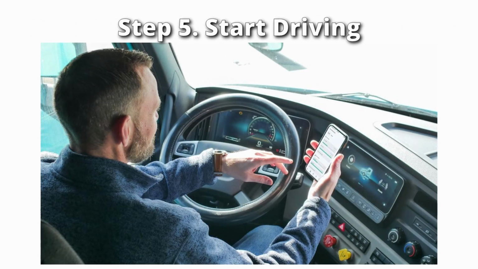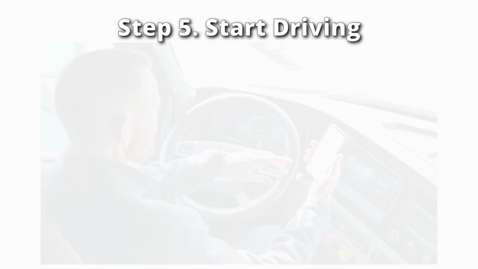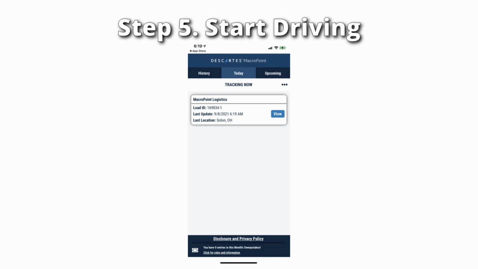Step 5. Start driving. After tracking starts, keep your phone powered on, leave location services enabled, and keep the MacroPoint app installed during the trip. The app automatically sends location updates, arrival times, and departure events while you drive, so you usually don't need to